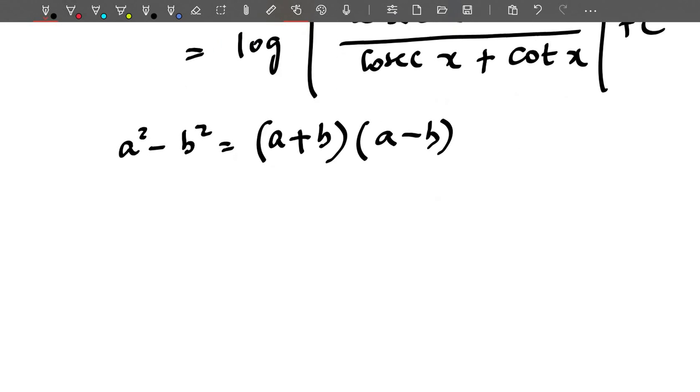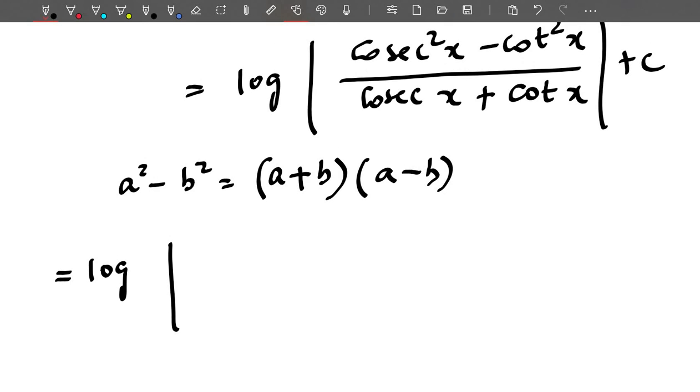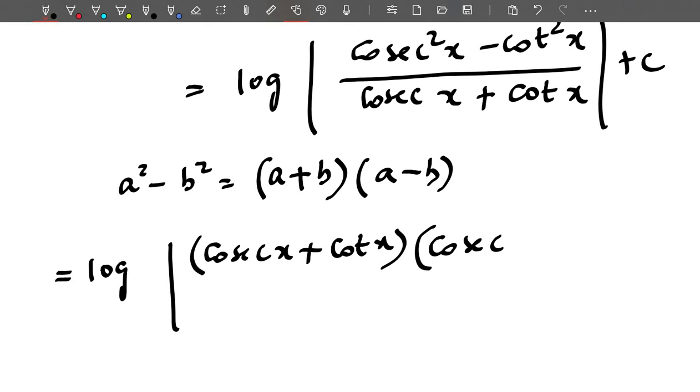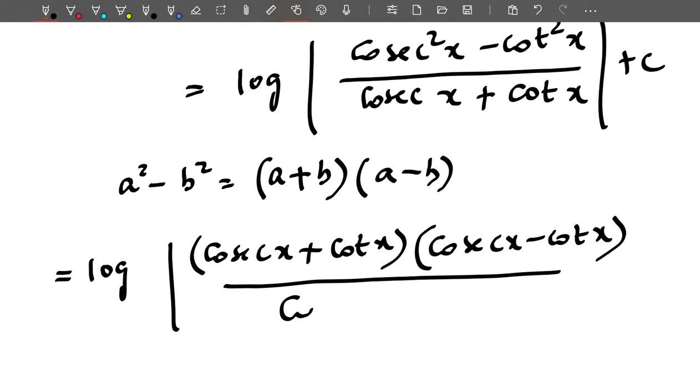So using this, it can be written as log of cosecant x plus cot x into cosecant x minus cot x, the whole divided by cosecant x plus cot x